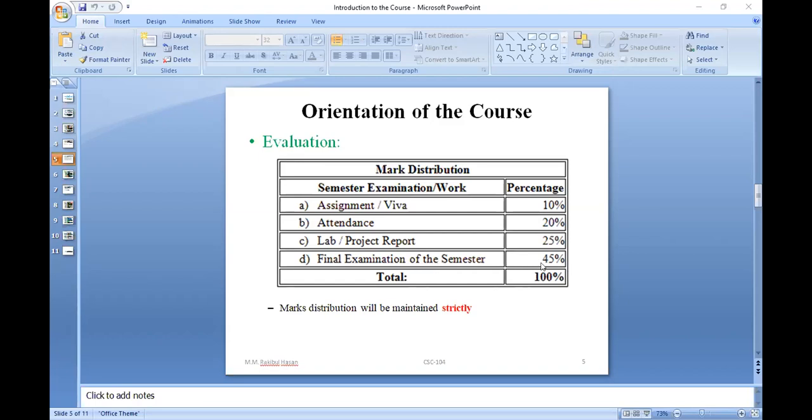So here you have to understand one thing. In the lab there is no first term examination, there is no midterm examination, no first mid, no second mid. Directly you are going to sit for the final examination. And another thing, on your attendance you have a huge amount of mark. Can you see that? 20% mark. So if you miss a single class, then you are going to miss a good amount of mark. So be careful about this attendance. Okay, so this is your mark distribution.